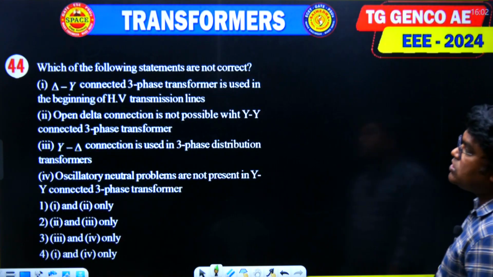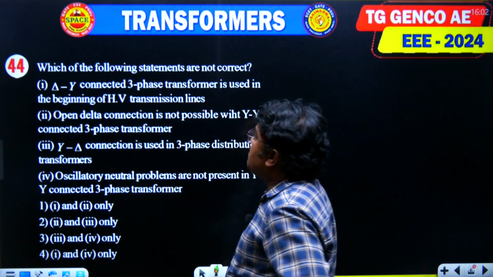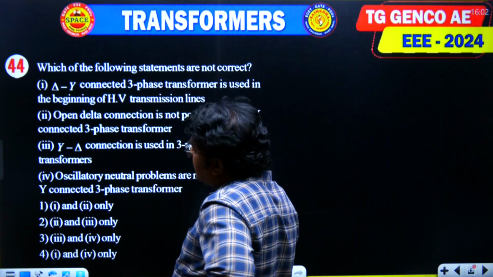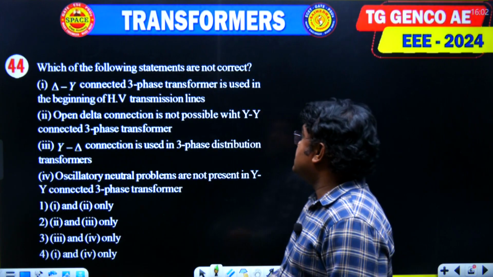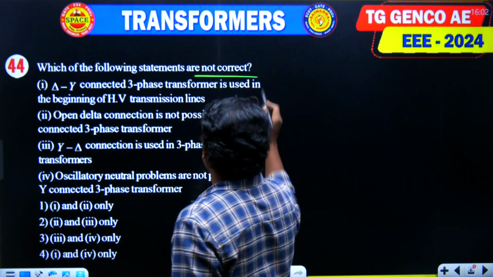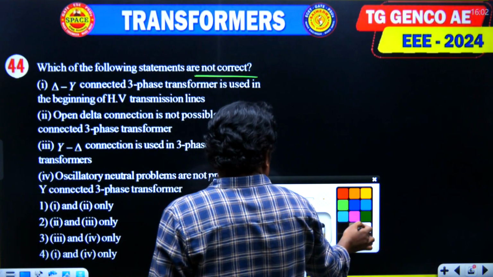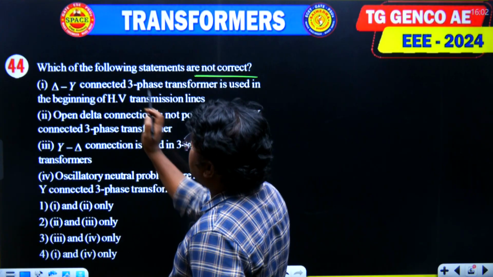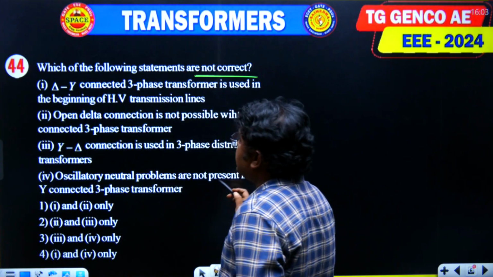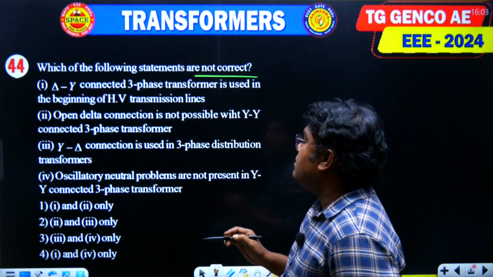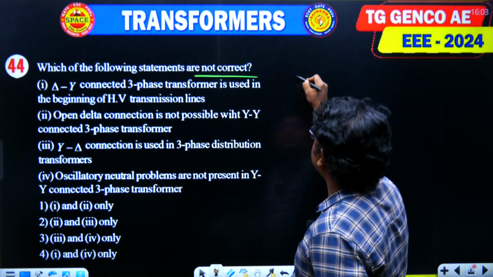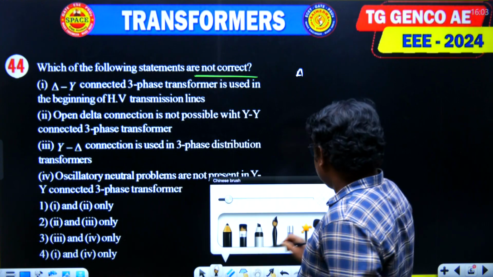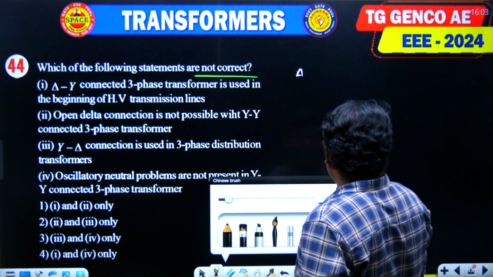And next one, question number 44. Which of the following statements are not correct? The not correct, this point is very important here. Which of the statements are not correct? So now the first one: a delta star connected 3-phase transformer is used at the beginning end of the HV transmission system. The delta star transformer, at the same voltage rating,